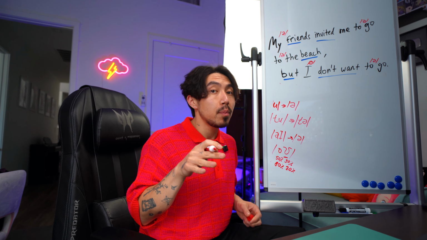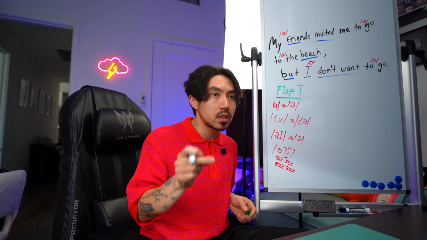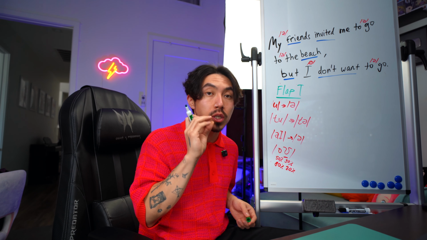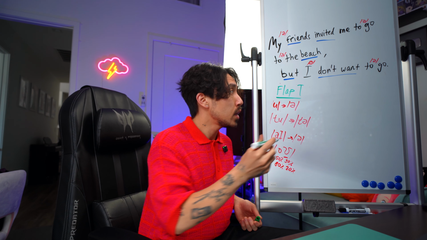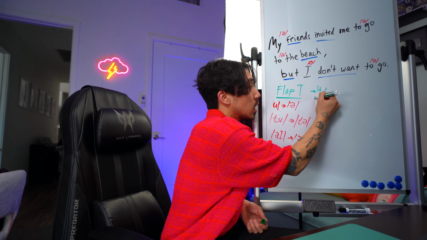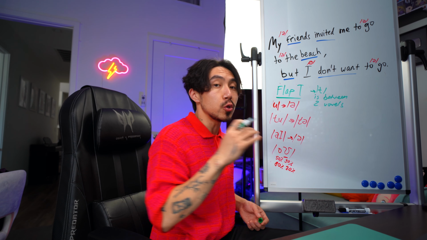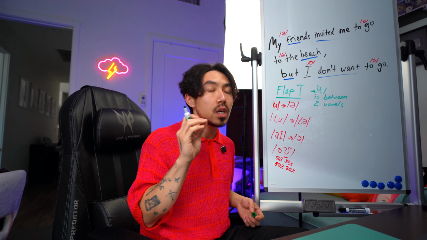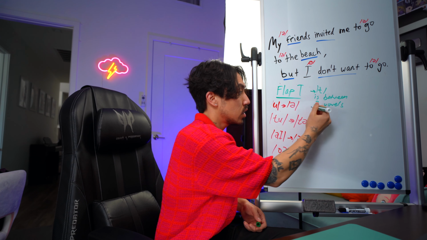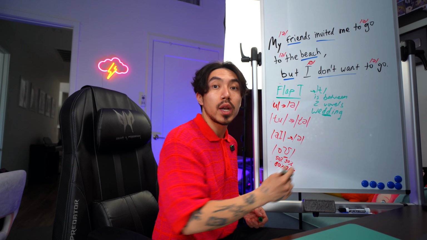Now, other popular reductions. Flap T. What is flap T? Flap T is our way of simplifying and making t much easier, because t is a highly aspirated sound, which means we use a lot of air to make the sound t. And we don't always need to do it, especially when T is between two vowels, even if it's in two separate words. And what we're gonna do with this sound, instead, is replace it with a very soft, very easy d sound. So think of the word wedding. This sound that you make when you say wedding, that's what you want.